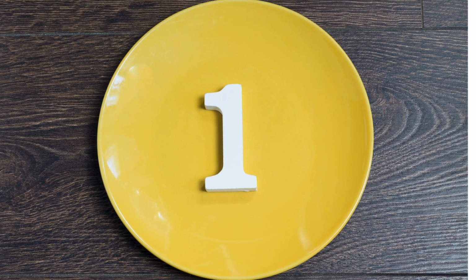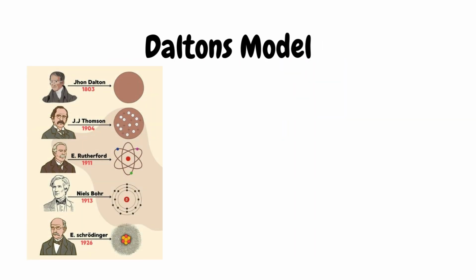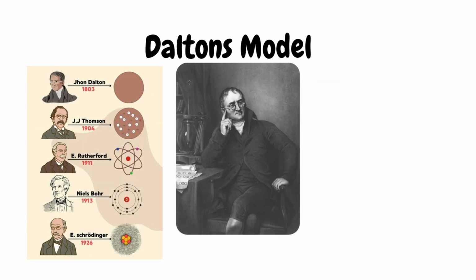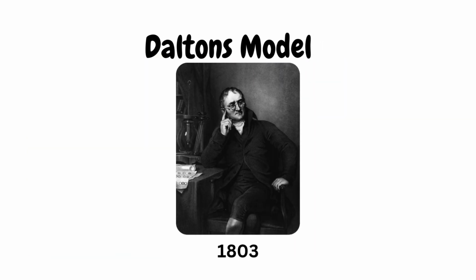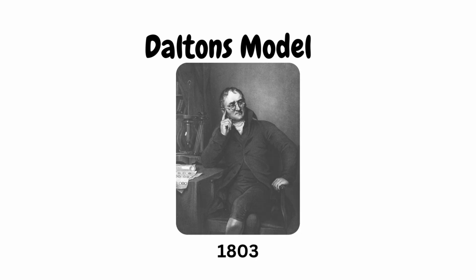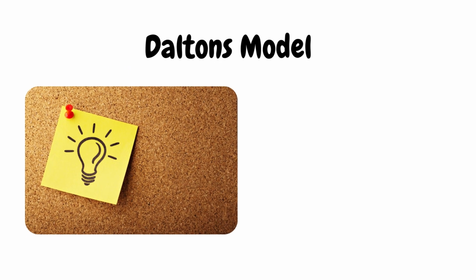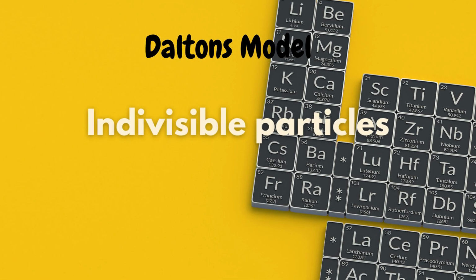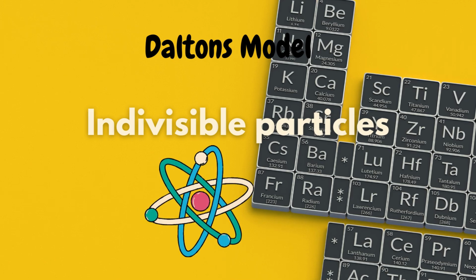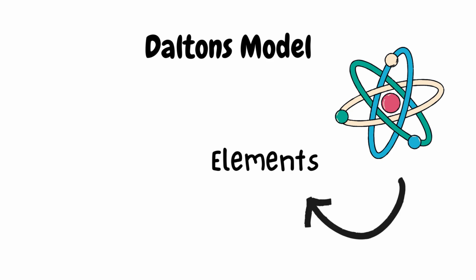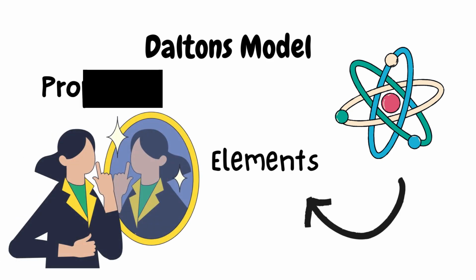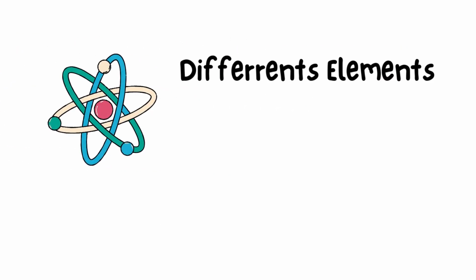Section 1, Dalton's Model. Let's start with the earliest atomic model, proposed by John Dalton in the early 19th century. Dalton's model was based on the idea that elements are composed of small, indivisible particles called atoms. He proposed that atoms of the same element are identical and have the same properties, while atoms of different elements